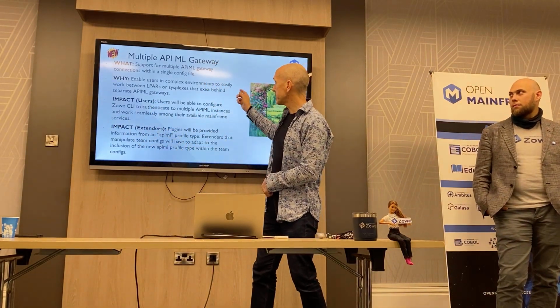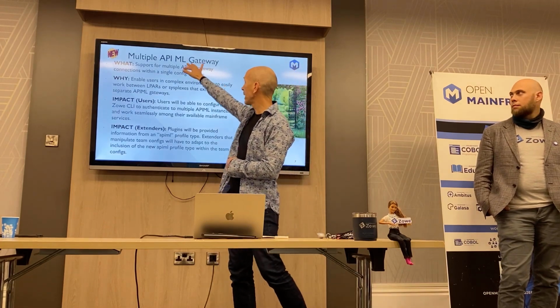What's interesting is the authentication method, multiple API mediation layer gateways. The primary authentication method for the Zowe command line interface is that you have your user ID and your password stored on your client machine, stored in your laptop, and that flowed on every single request. And that's just bad, and there's lots of talks about security, right? That can be attacked. If it's long-lived, it can be phished from you. And even though we do our best to store that securely in the same place that your VPN client certificate will be stored,